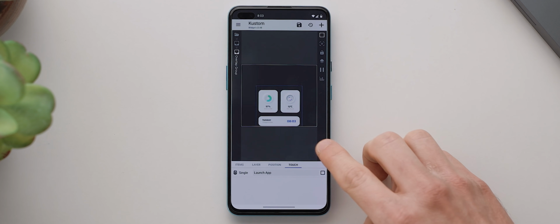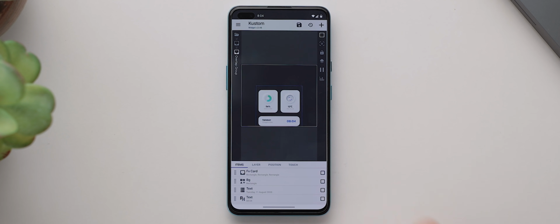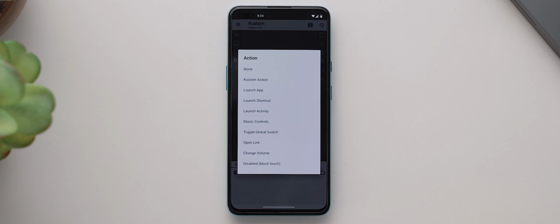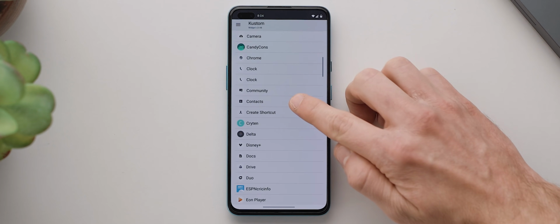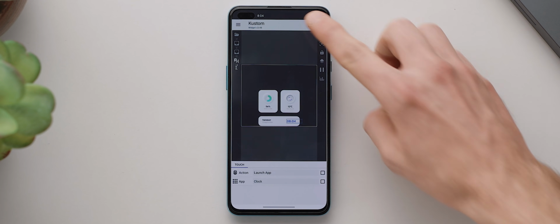Then we'll go back into that overlap group and select the time text layer, the one right down the bottom, jump over to the touch tab, go through the menus to select the launch app action again, and we'll scroll down to the clock. Okay, now we'll save that widget, we'll head back home and we'll tap on each component